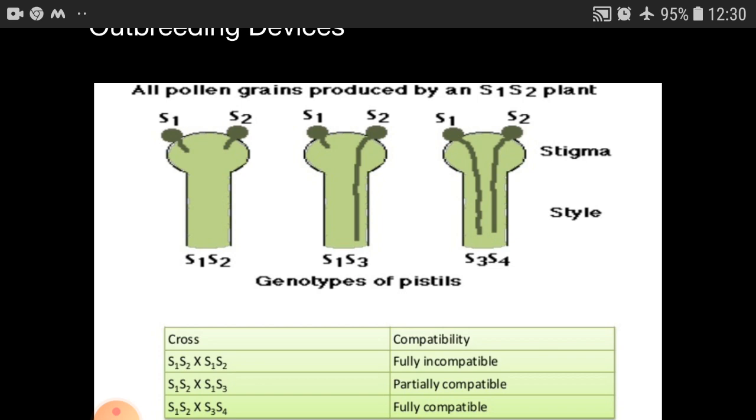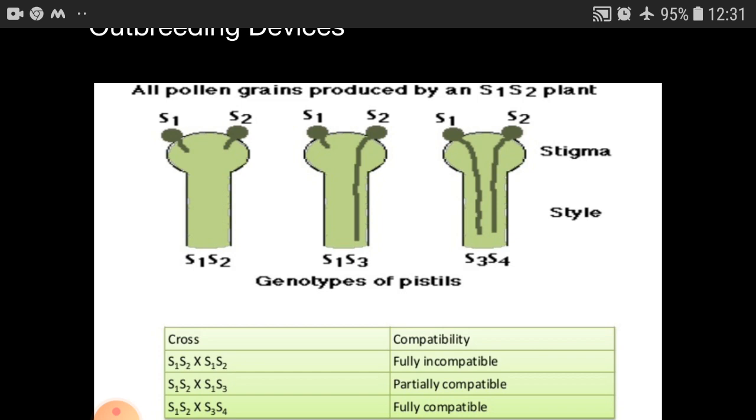The incompatibility involves many complex physiological, biological, morphological mechanisms which are associated with the interaction between pollen and tissue of stigma. It is controlled by genes. The interspecific incompatibility is controlled by more than one gene located on different loci of the chromosome. The intraspecific incompatibility is also controlled by genes with multiple alleles, which are known as opposition S alleles, like you see in the diagram.